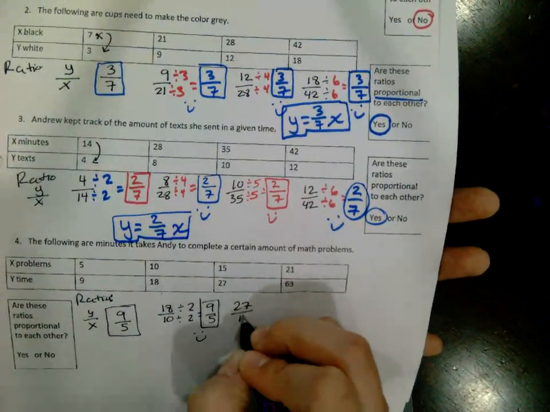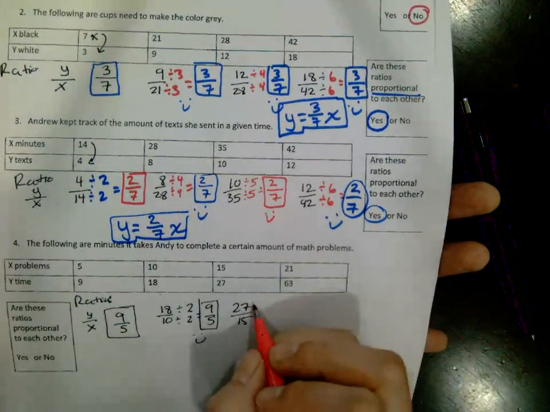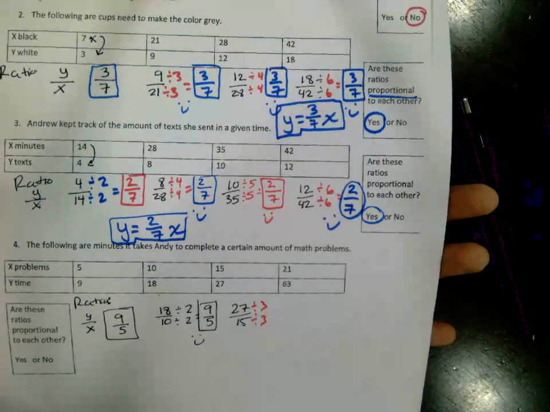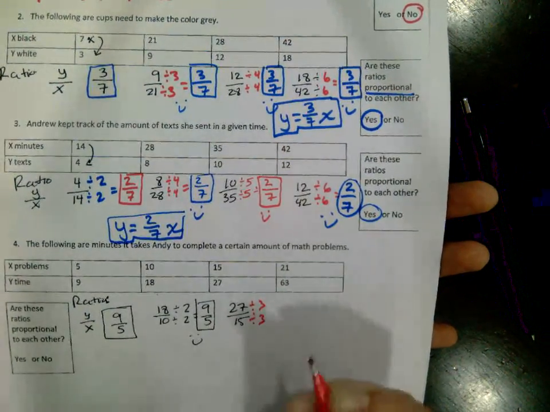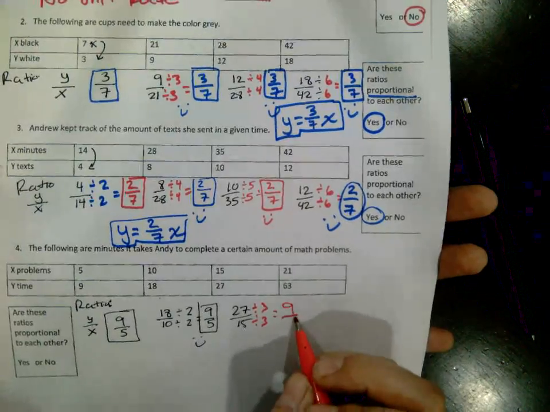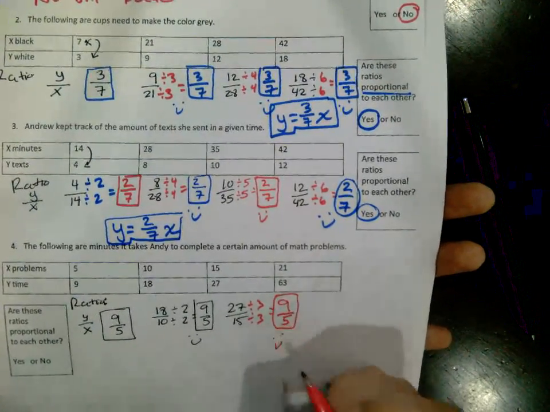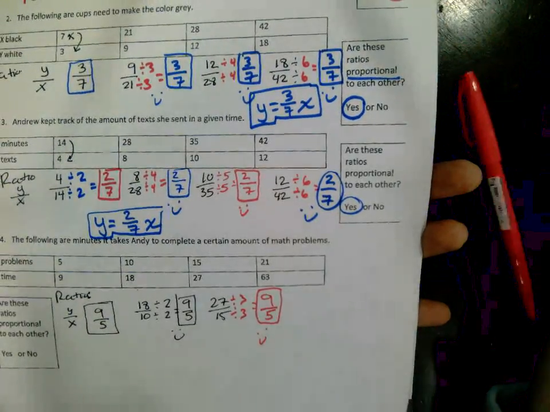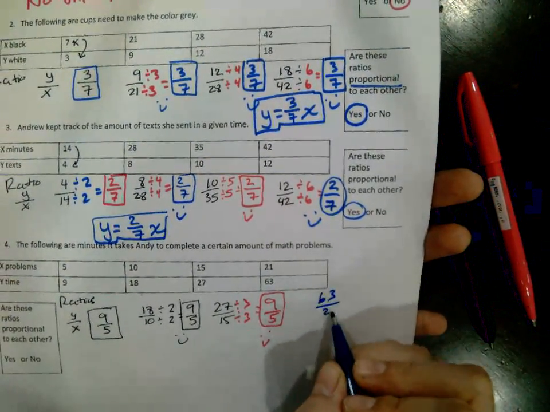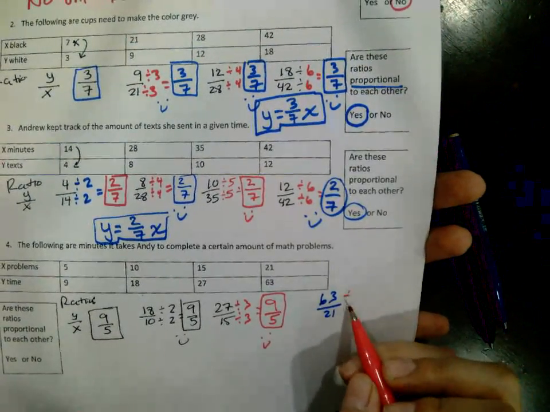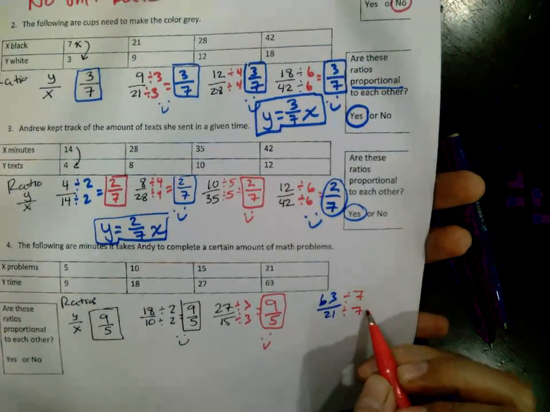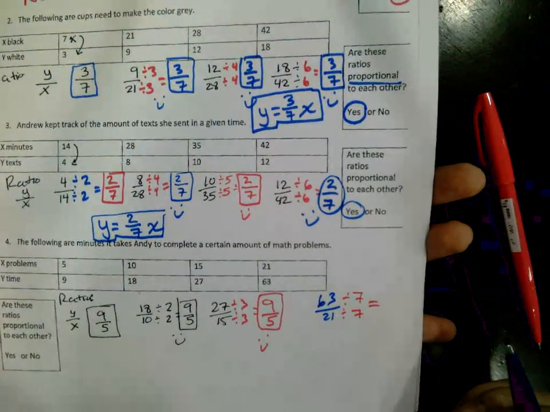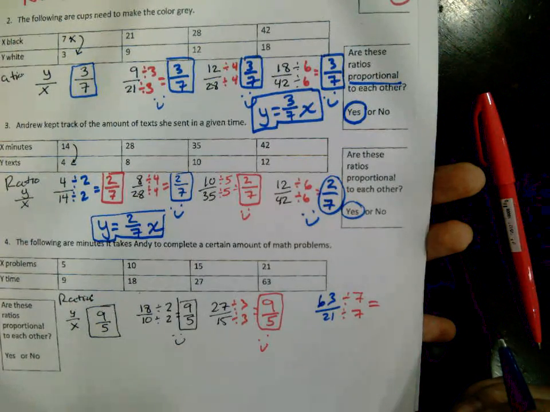27 over 15. Let's divide this by 3. We get, no way, 9 over 5. Whew, fantastic. But what about the last one? Let's try it. 63 over 21. Let's divide this by 7. 63 divided by 7. That would give you